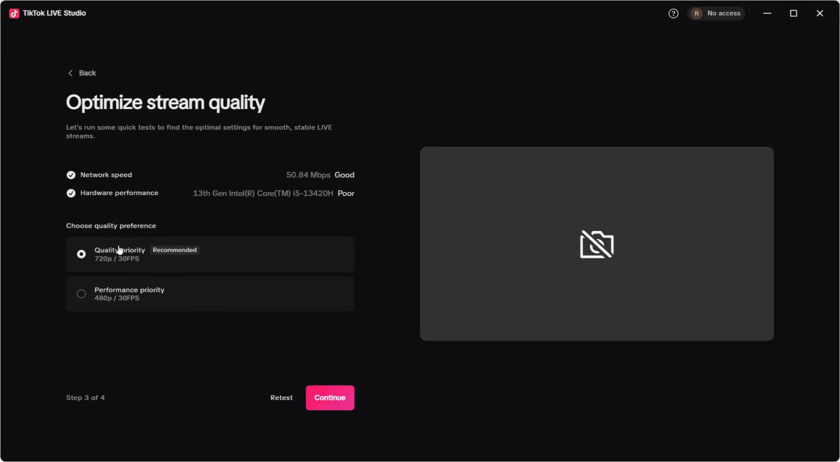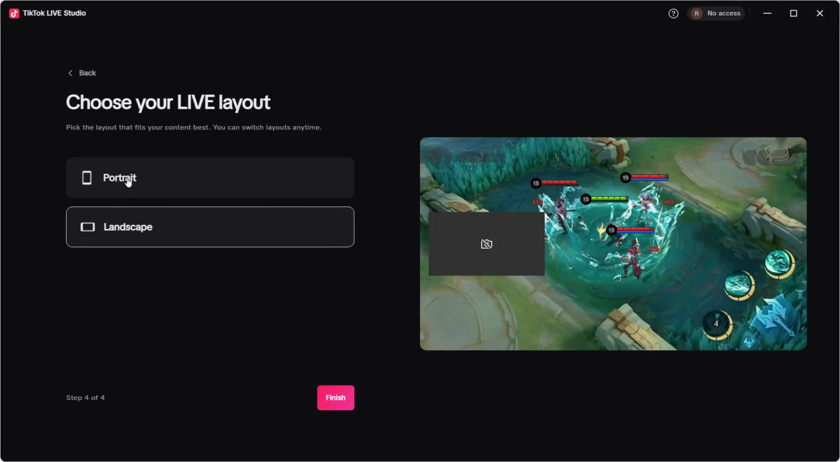It's then going to recommend a quality for your streaming. Now I'm going to select 720p by 30 FPS, and this is by far the best option to choose. Now if you have a slower computer, it may suggest 480p, but just bear in mind that this will be much lower quality. You can then select your live layout, either portrait or landscape, and this depends on what you're